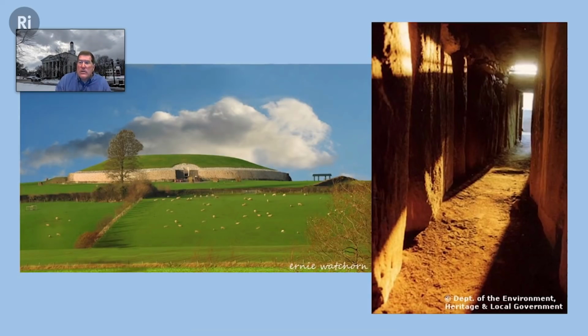This is the shortest day of the year in the northern hemisphere. From here on out, things are going to get better, right? The days are going to get longer. We're going to have more light. It's time to start preparing for spring. So this is an extremely ancient form of timekeeping. The Newgrange Monument was constructed sometime around 3200 BCE, so it's well over 5,000 years old and still functions perfectly